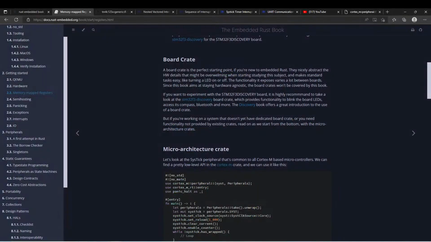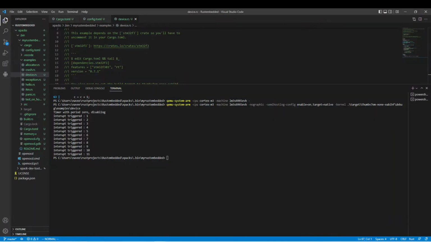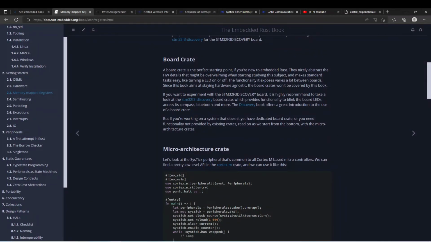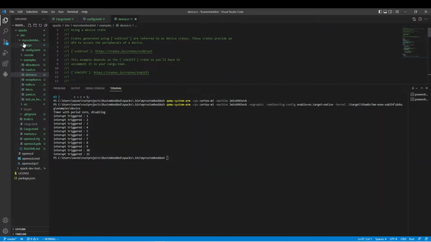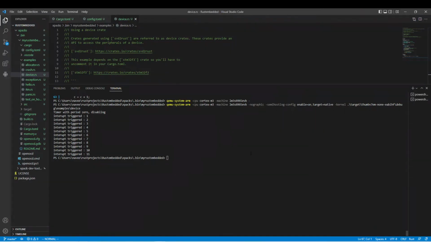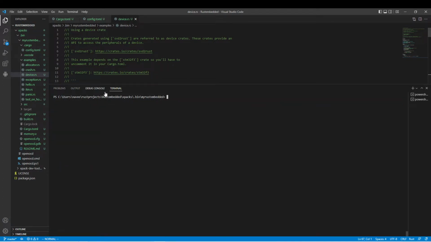In this video we are going to see how to run an example from the Rust Embedded book. So let's go to VS Code, and once you follow this document you will see the project folder with the following examples. This is generated from cargo generate, I believe. So let's try to run